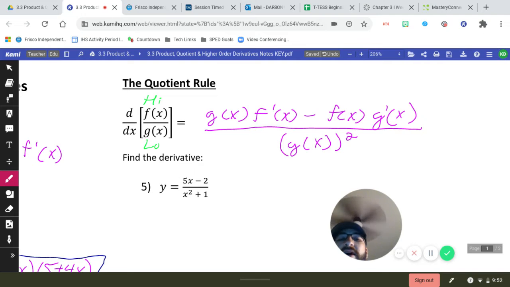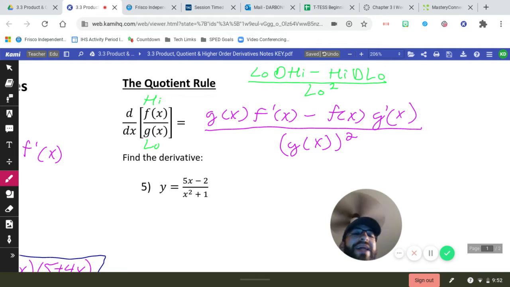So this is also the same as low d high minus high d low all over low squared. Okay, low d high minus high d low all over low squared. And you're like, Mr. Ibone, that just sounds like a bunch more randomness on top of everything else, which might be true, but it's a little bit of a catchy tune, and hopefully you think about it in the back